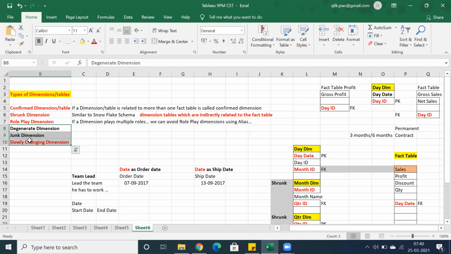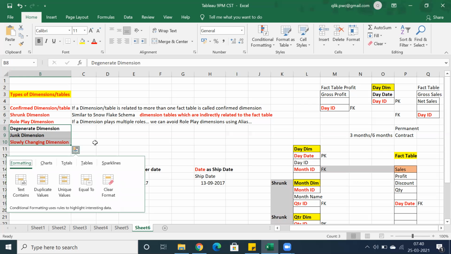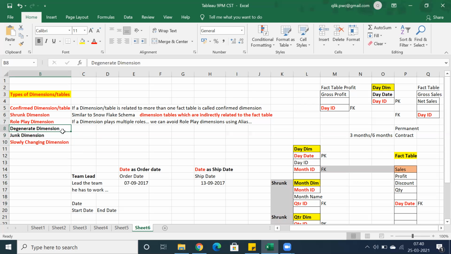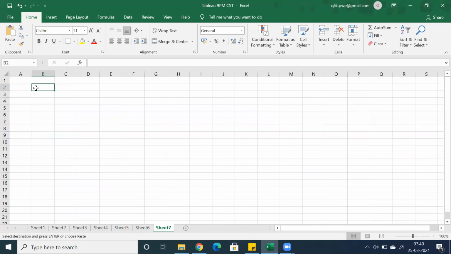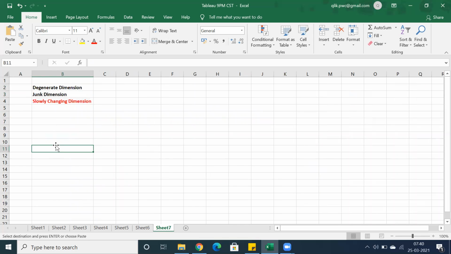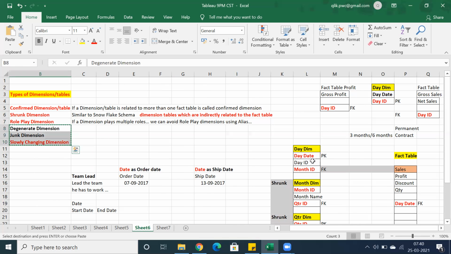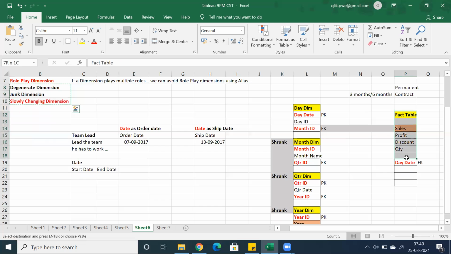So we are going to discuss degenerate dimension, junk, and slowly changing dimension. So what actually is a degenerate dimension? Let me showcase degenerate dimension; let's copy this. Degenerate dimension is nothing but, let's consider a fact table.